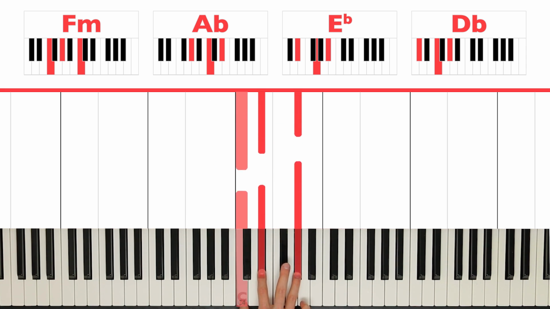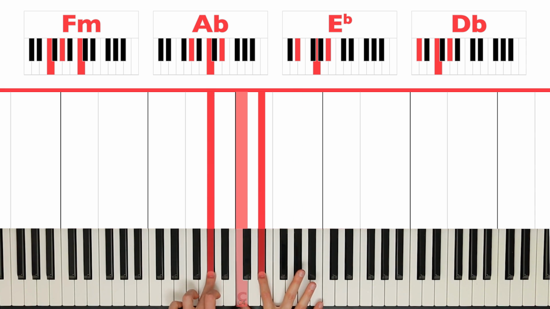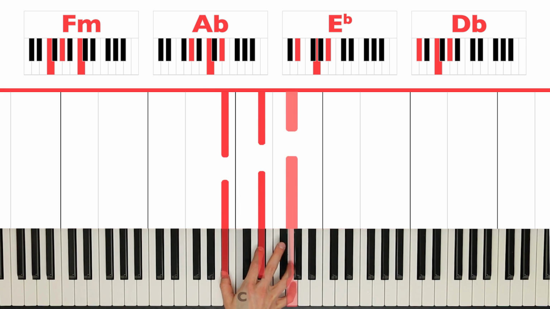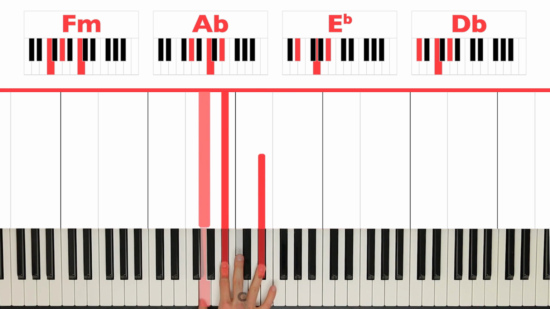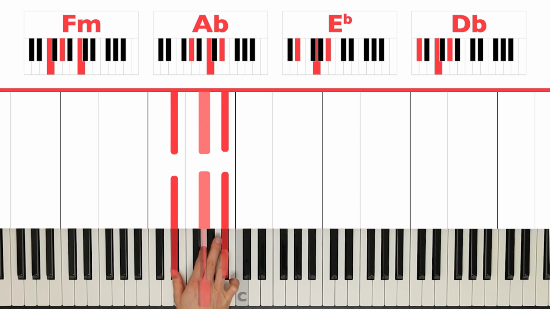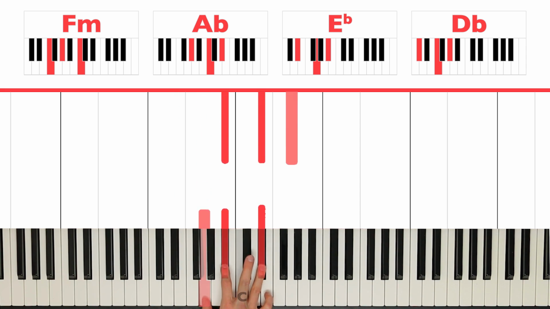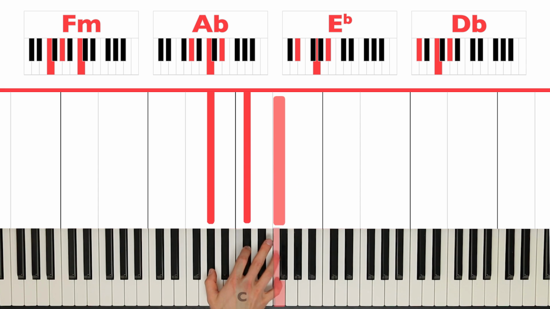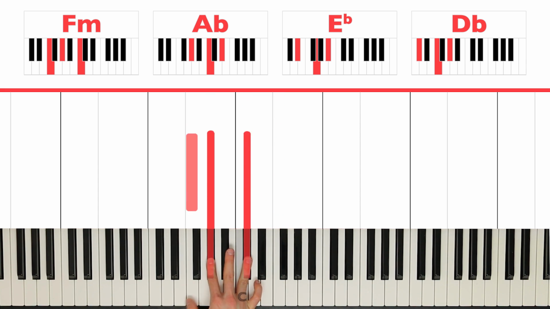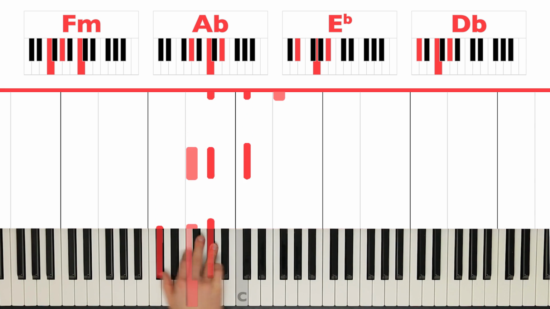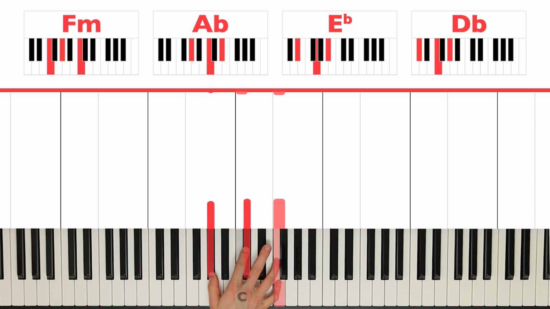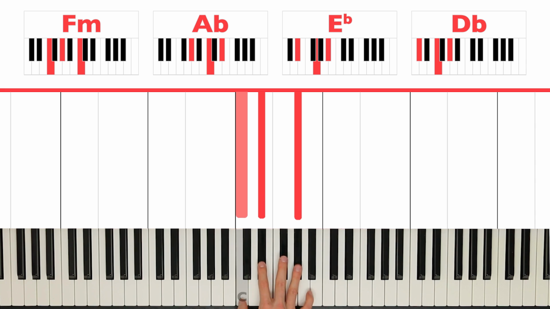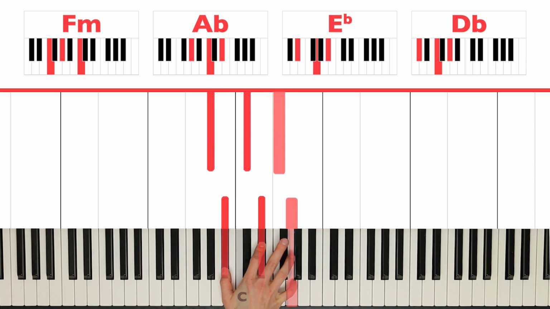So then I played this, which is C, E flat, A flat, and that's actually the first inversion of A flat, as you can see right here, okay? And then I went here, which is B flat, E flat, G, and let's put the G back, so right here, and now the E flat back as well, and now we're in root position. So this is actually the second inversion, okay, and then D flat is exactly the same right here, so also the second inversion. So we have F minor in first inversion, A flat in first inversion, and then E flat and D flat